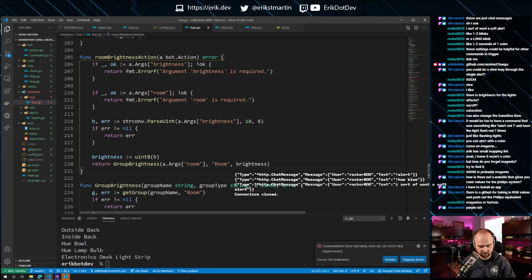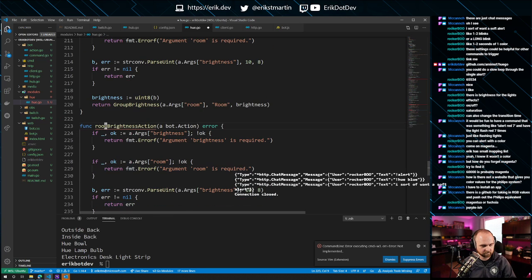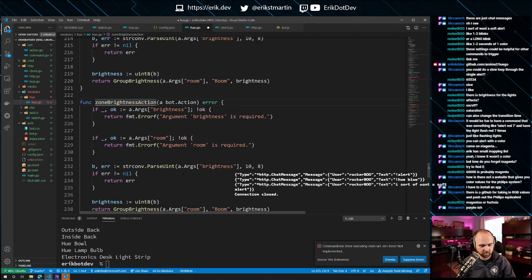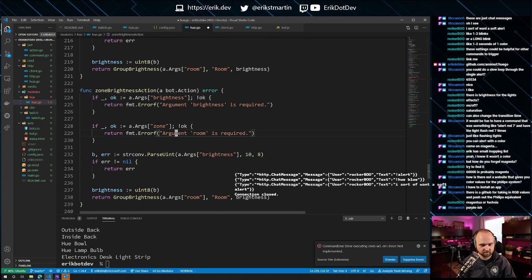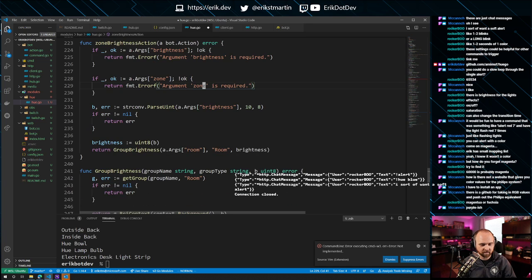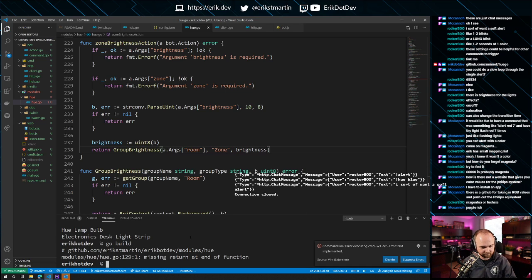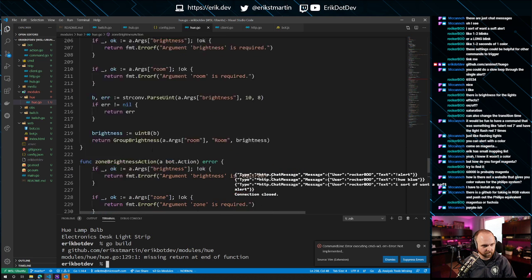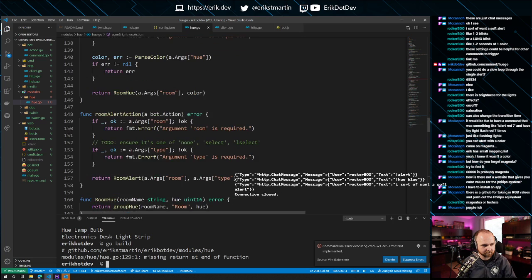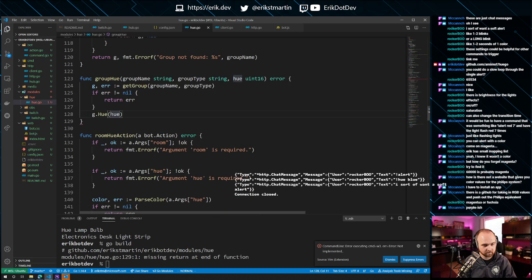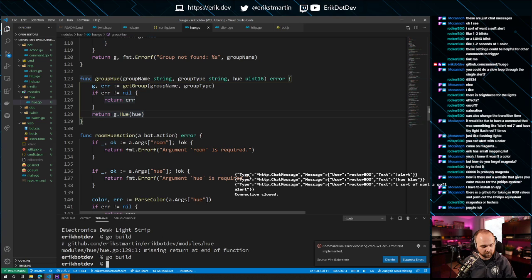And then we can make a zone version of it, with literally the only thing being changed is this. But it'll expose a better API. All right, are we building? Line 129, we're missing a return. Oh. And we built. Purple-ish. Okay, so